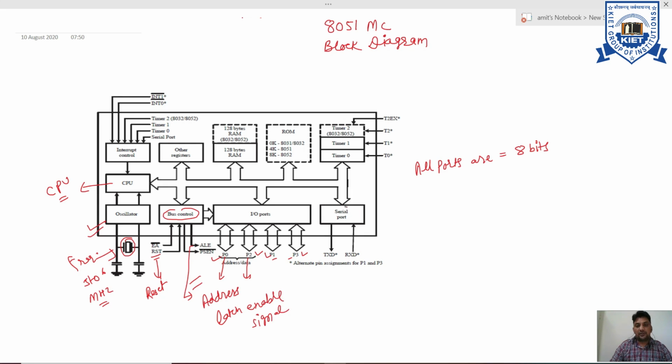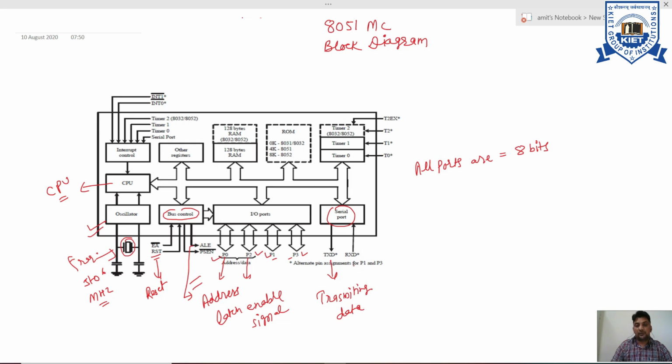And this is the serial port. It means when we do serial communication, then we use these lines. First is TXD. This line is used for transmitting data, and the data will be transmitted bit by bit.